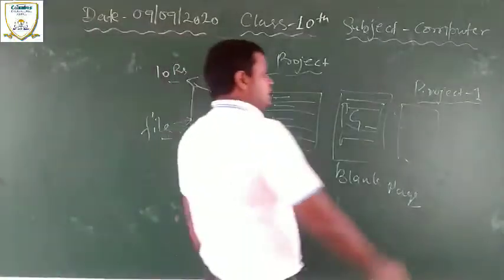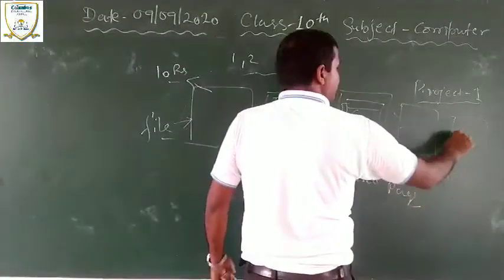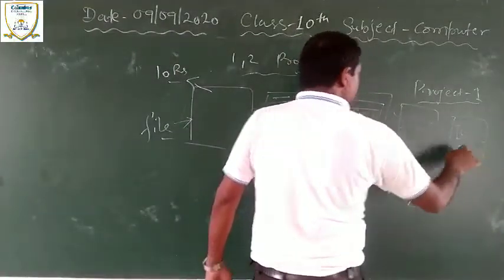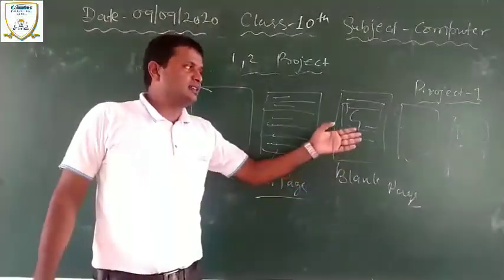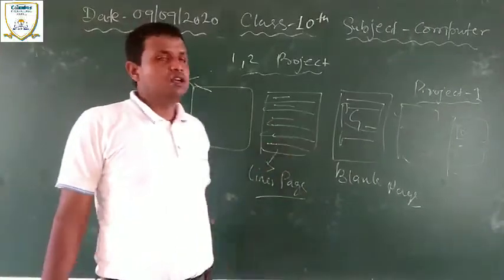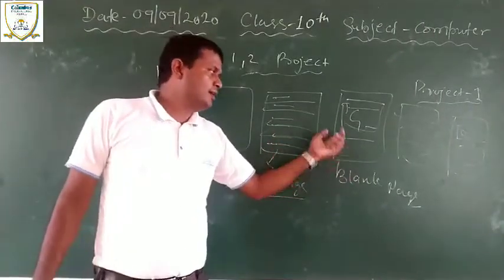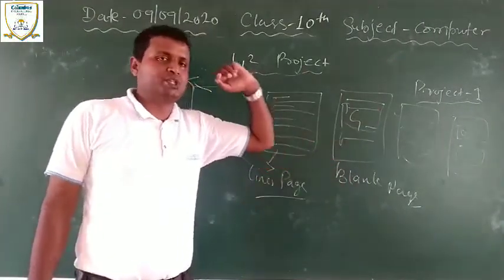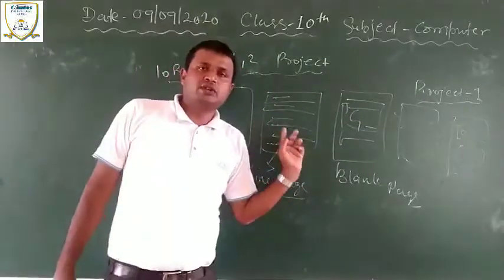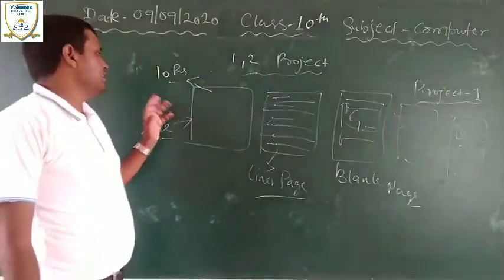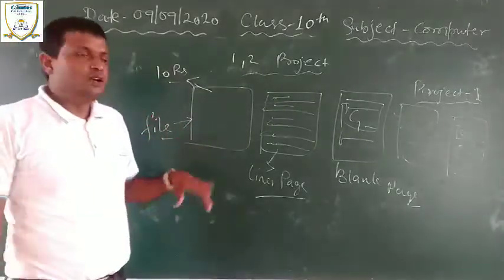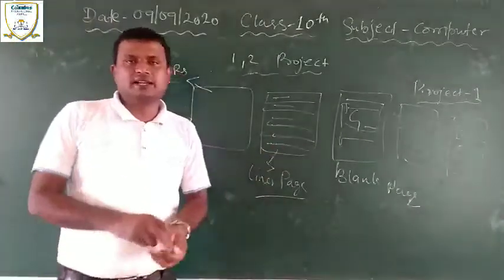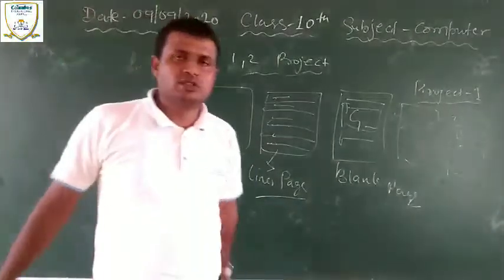Then when you have to send it, what is the look, where you fill in the other email ID and write the subject and the code. All these pictures you have to draw on the blank page, and on one liner page you have to write the definitions. Then arrange it in the 10 rupees file. You must write page number 1, page number 2, for understanding the pages.